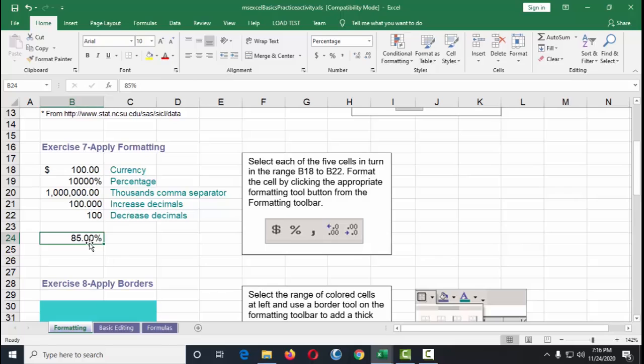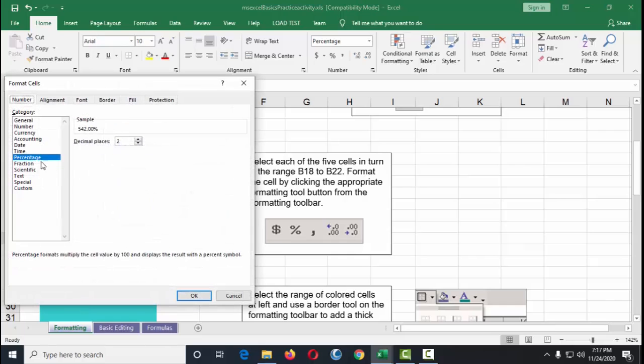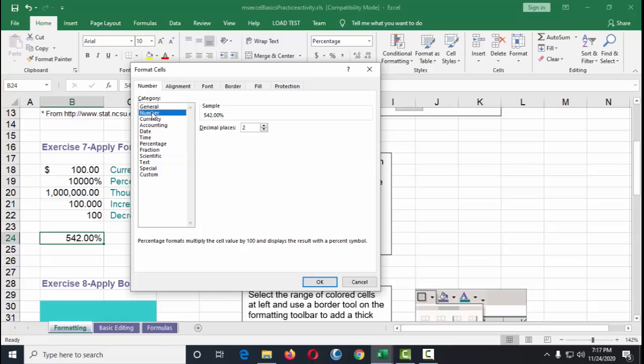Now, if ever you would like to change this to just a number, a non-percentage type of value, say for example, there. What this means is that whatever number you press here will always be converted to a percentage. So for you to put that back into a non-percentage value, of course, you just go back to that setting. So right click, format cells, and then instead of percentage, you can now click on number.